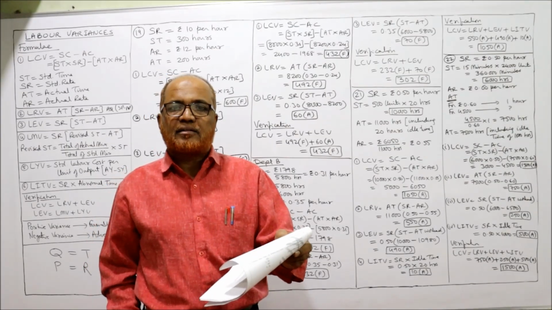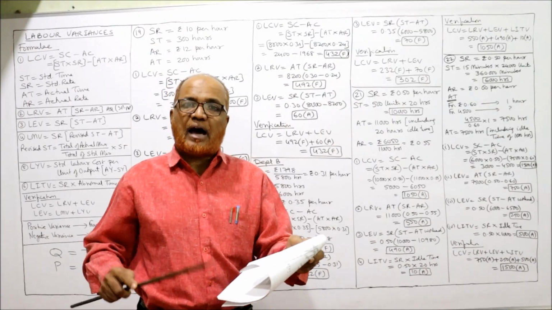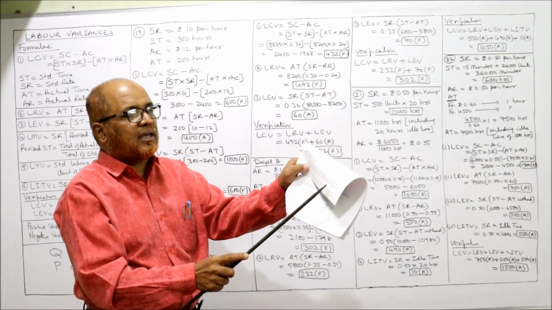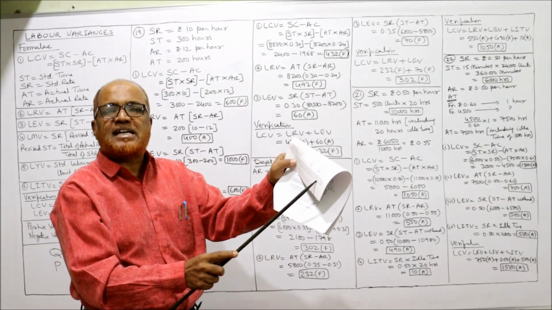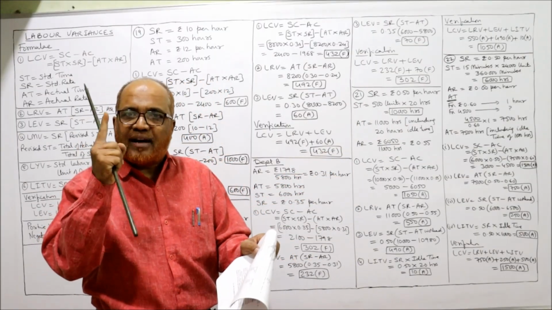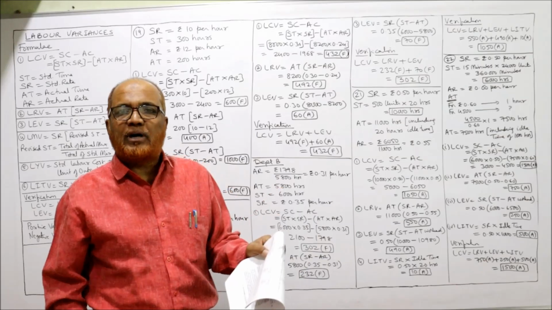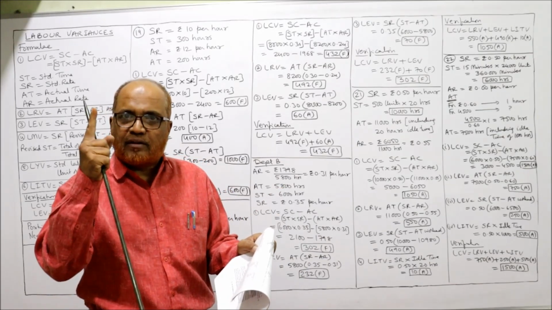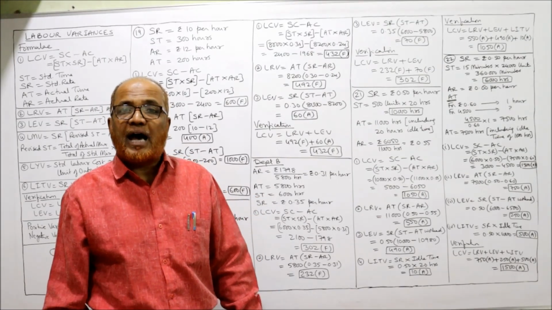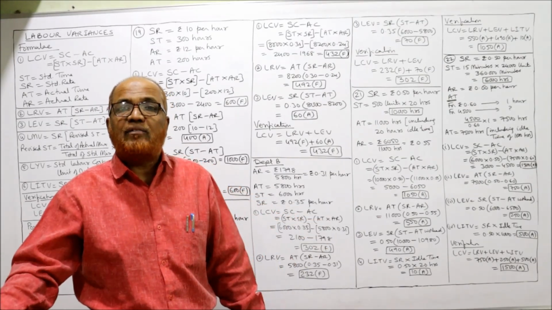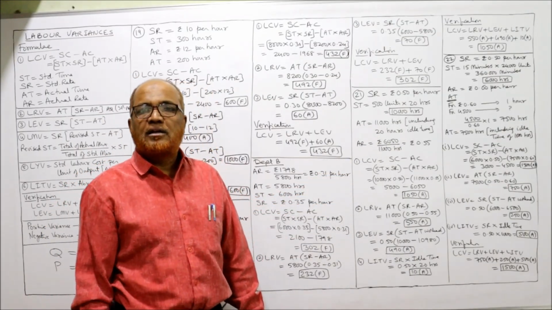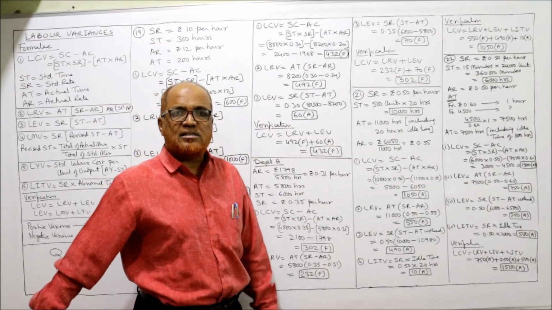Calculate labor variances. So in this problem, the new point is we have abnormal idle time. First we write down the information given. Standard rate 50 paisa per hour is given. Now standard time. To make 1 unit, the standard time is 20 hours. But how many units are produced? For the production of 500 units, actual number of units produced are 500. So 500 into 20, 10,000 hours. The standard time is 10,000 hours.